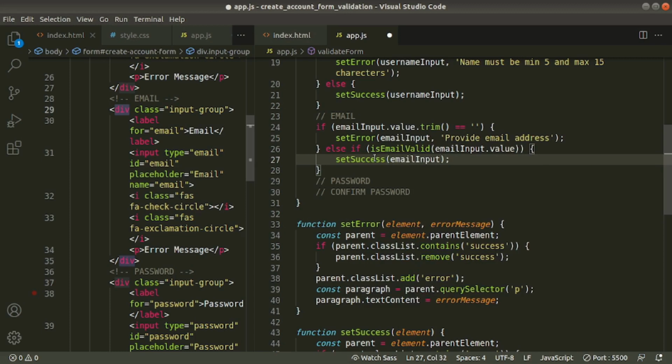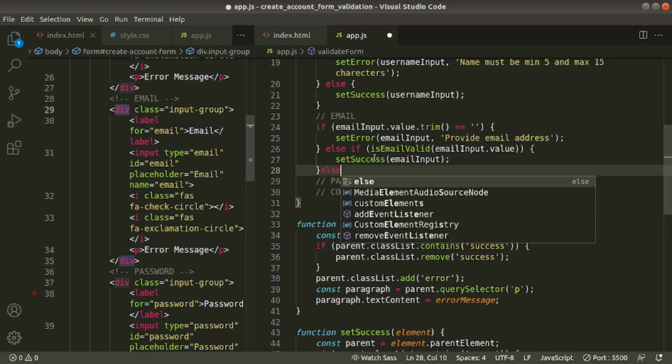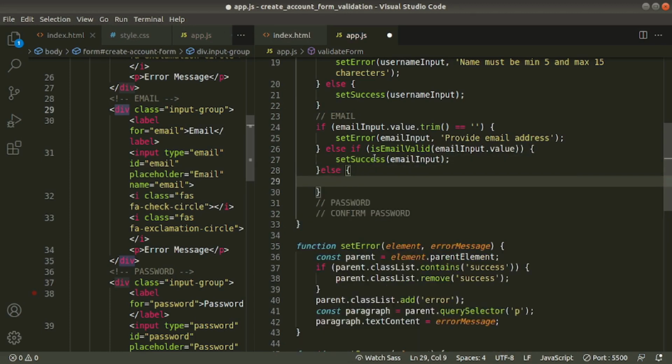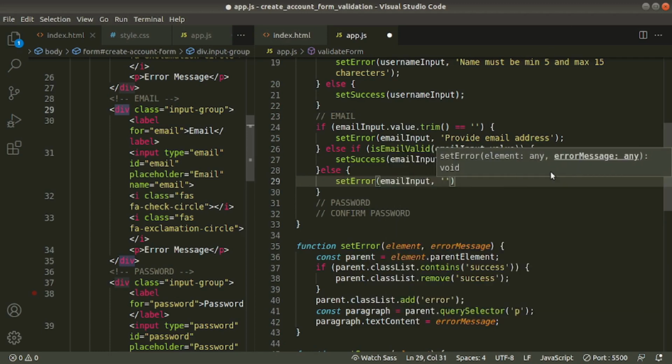That's it. Else, that means it is not a valid email or it is empty. Then we'll call setError and pass the email input field and the error message. Okay, now save this one. Let's go and check.